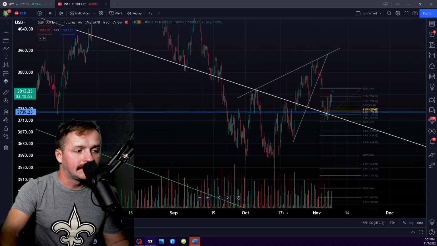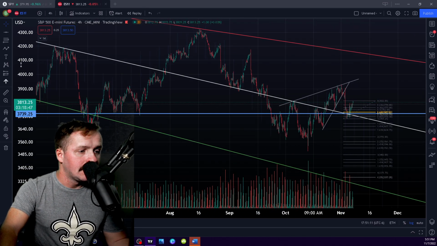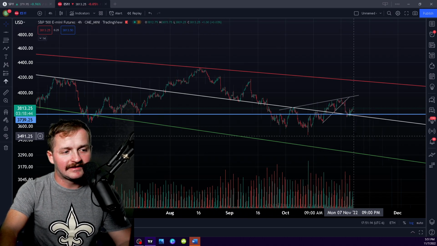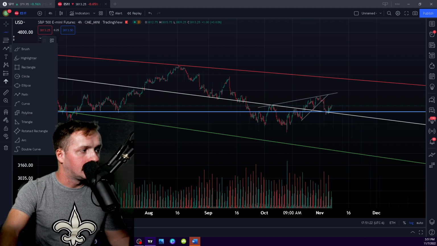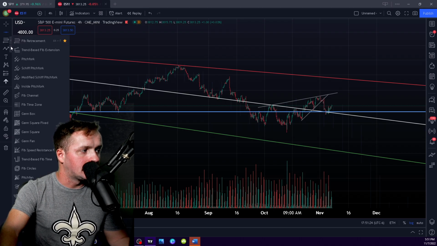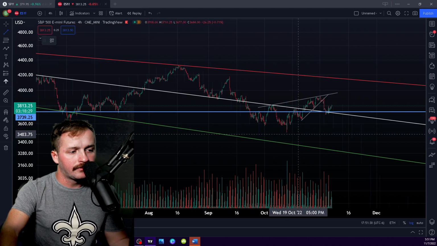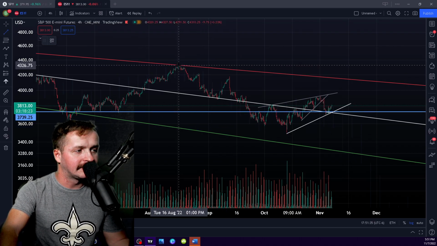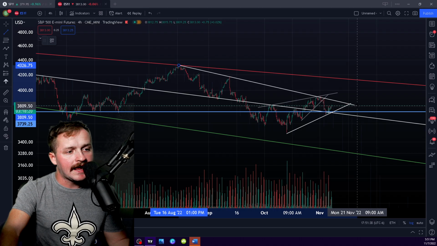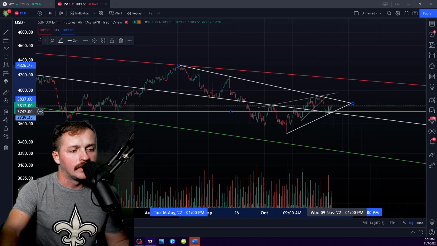And the thing about testing the midline again is that it makes it even more likely that you're actually going to break down and out of this midline. And I would say that what you could be expecting in the market now is some sort of tightening of the overall volatility beginning to slow down, at least in the near term, because now if you continue to trade within this trend, what's occurring is